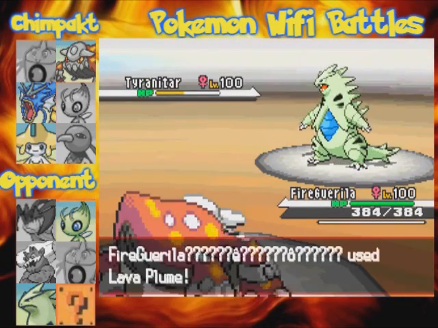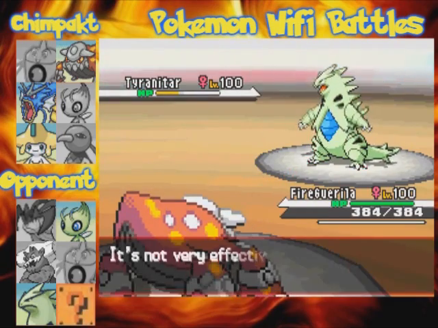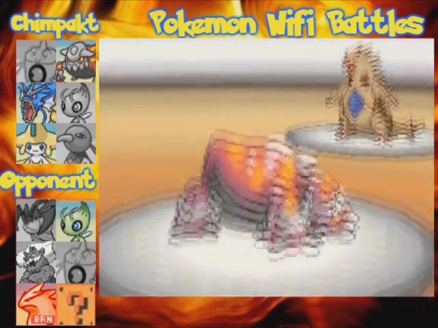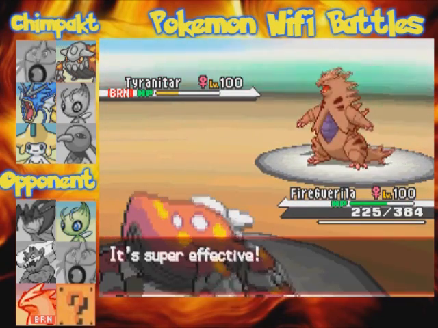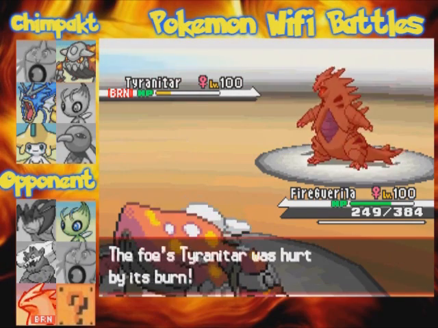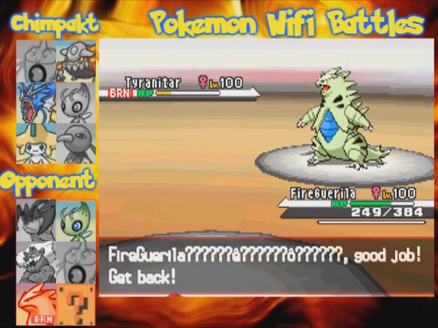So I go for the Lava Plume and don't get the burn, and I'm gonna go for it the second time, hoping for the burn, and I do get it. And he goes for the Aqua Tail, and that didn't even do half. So I'm not sure if even without the burn, that Aqua Tail would have been able to take me out. So right here, I am going to switch out and go into my Gyarados to get the Intimidate off,